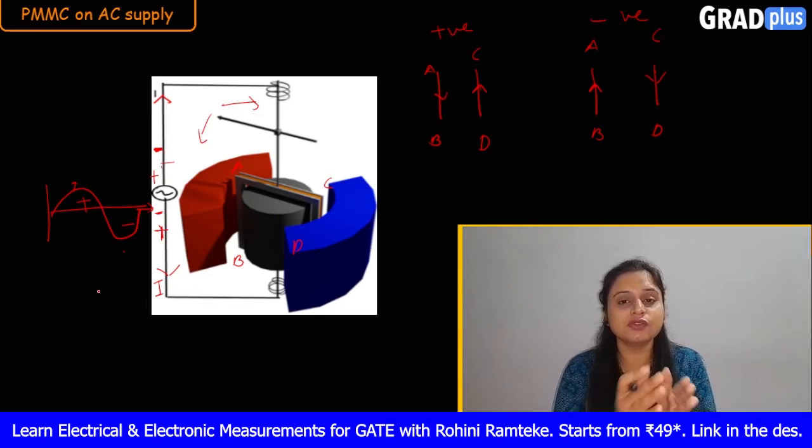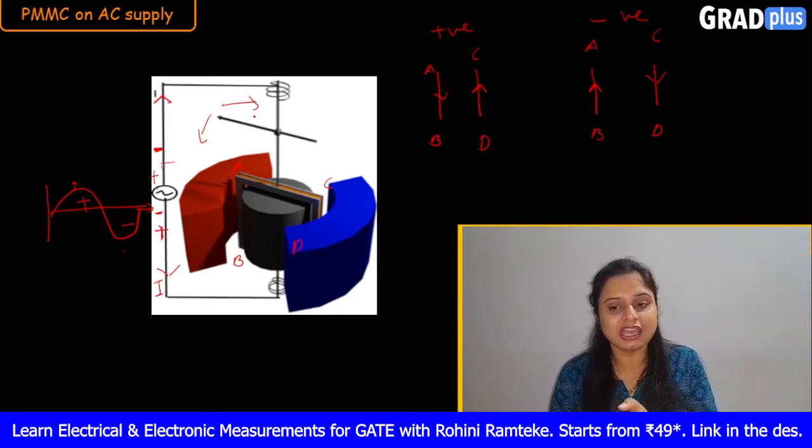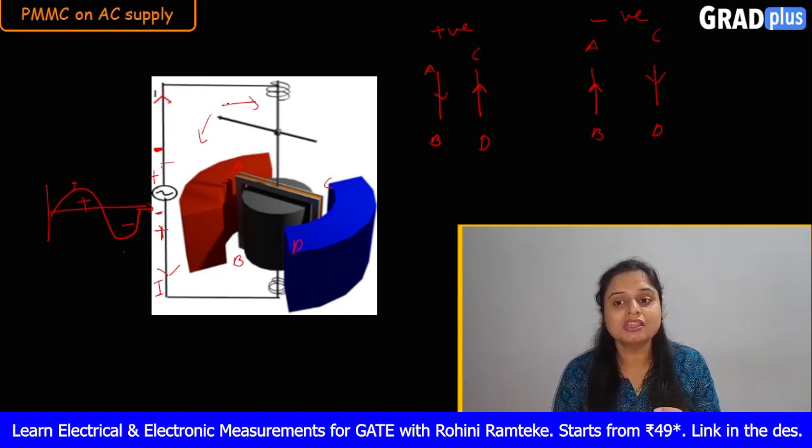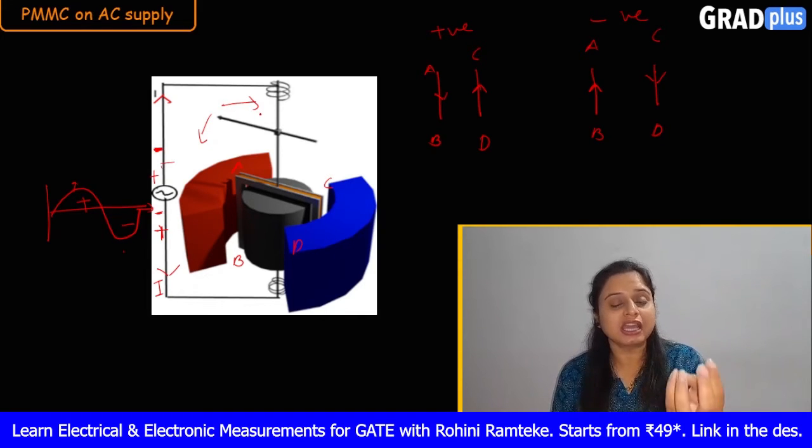So firstly it will rotate in this direction, you can see. Now in the second case, when the negative half cycle will appear, the direction of the pointer will get changed. So it will rotate in anti-clockwise direction. When this is happening, again the positive half cycle will appear. So in that case again this pointer will rotate in this direction. After some time again the negative half cycle will appear and the pointer will rotate in this direction.